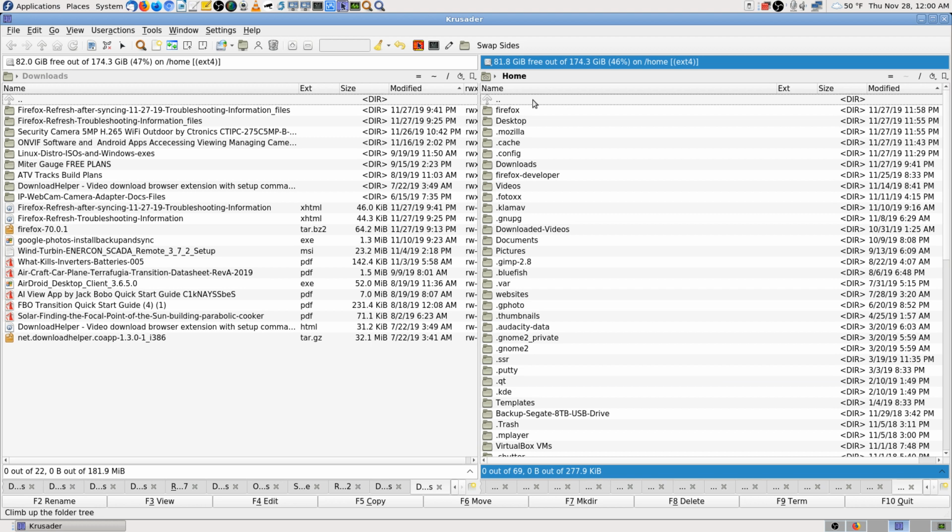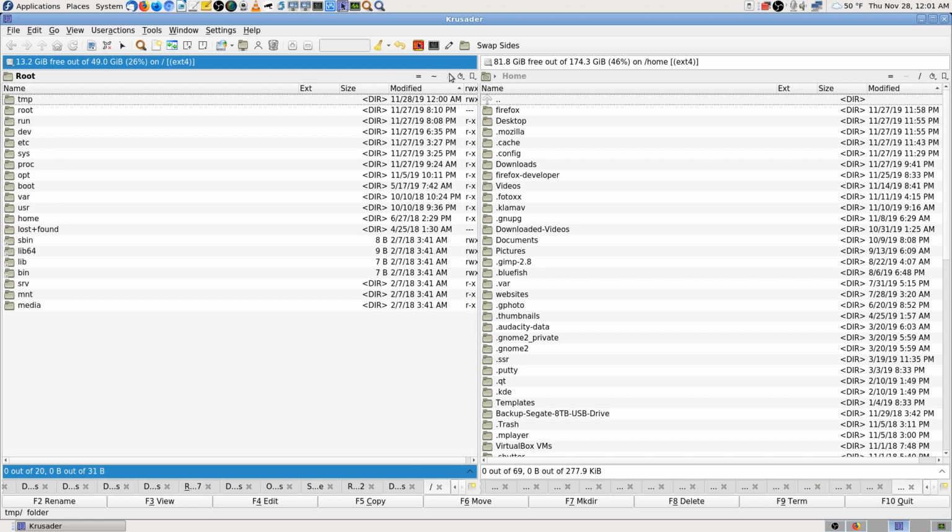But if you're on another machine, it would only run on a Fedora Linux machine of the right age. If it was too old or too new... if it was 31, it would probably run, but I don't see why it wouldn't. It might update. I don't know. It should be fine, but the thing with Linux is, if you get to the root directory,